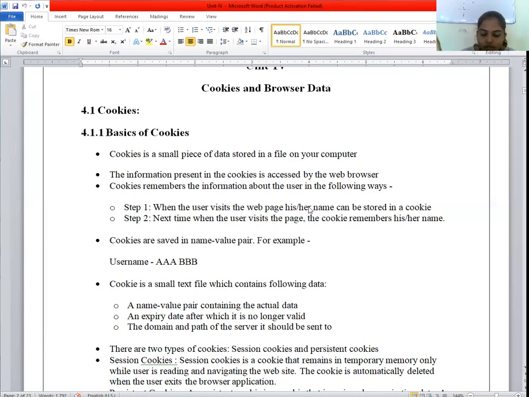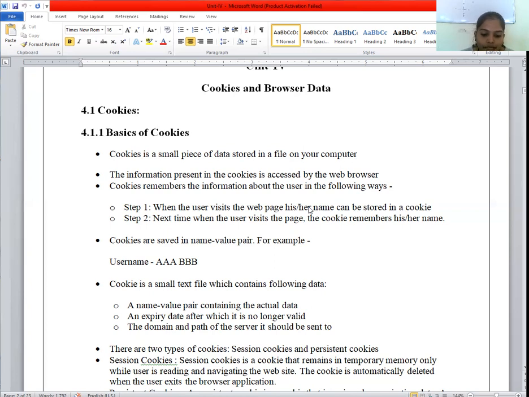In that cookie session, the information you filled in on the browser is stored by your name, correct? Next time when you visit that page again, the cookie will remember that name, correct? Because it's already stored. A cookie is saved as a name value pair, like Karan Patel. This is an example.